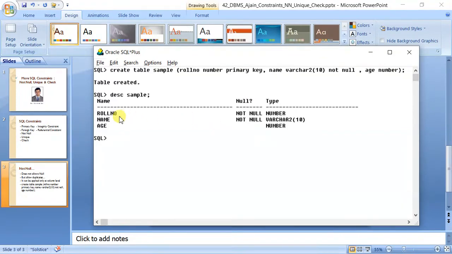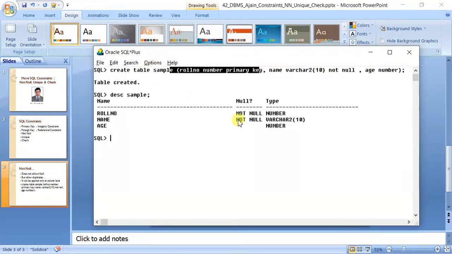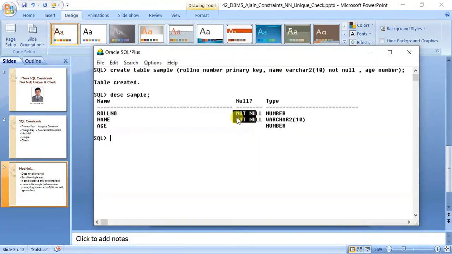Now you can see in front of name we have not null and in front of roll number we have not null. So if I ask you which one is primary key and you have not seen this line, you cannot tell. So you should not confuse it as composite key because it is not a composite key. Because we have created it just now, you can tell that this one is primary key and this one is not null. But if you show only this to somebody, it is not guaranteed, because both of them can be only not null also. I will show you that also.